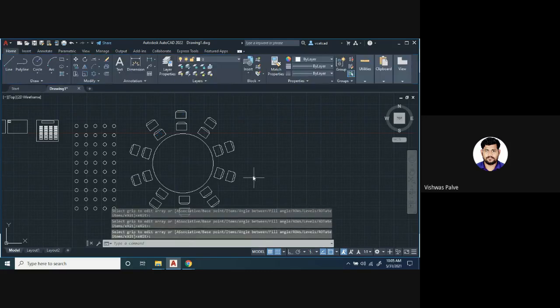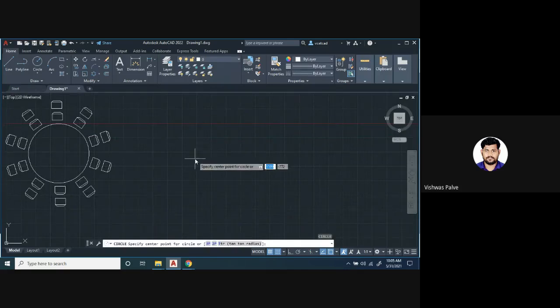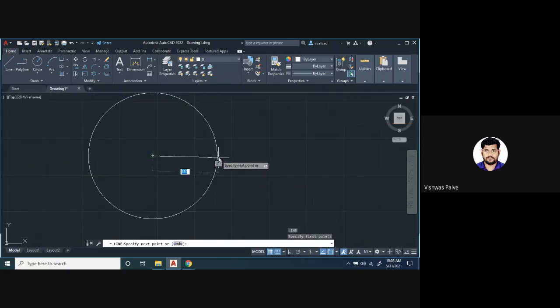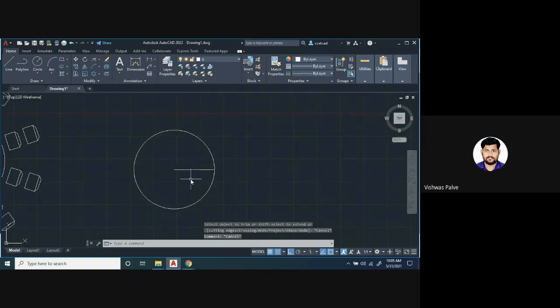Is that clear? Now this feature we can use for dividing a circle into 8 equal parts. See here, there is a circle, and I have drawn one vertical line, or let me draw a horizontal line. F8. If I want to draw a horizontal line, F8, extend it, TR, double enter, trim it. Now I want to divide this circle into 12 equal parts.